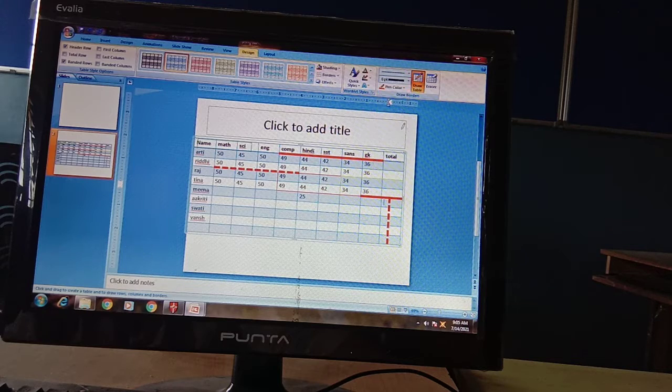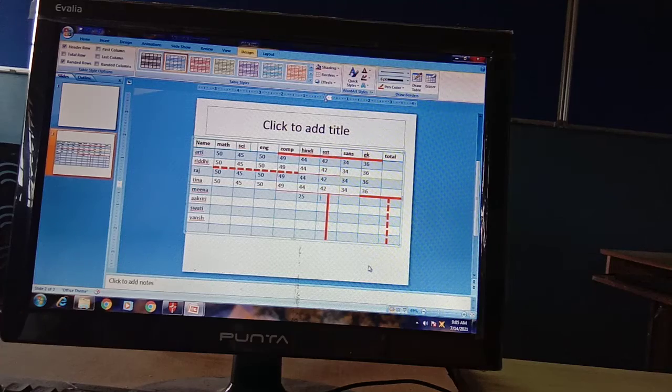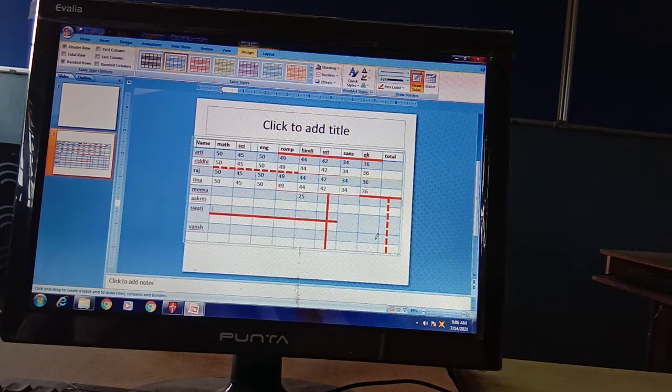You can divide any cell into two cells. See, it is converted into two columns. One row can also be converted into two. See, one row is divided into two. So it is a split cell option, done with the help of draw table. Okay, clear to everyone?